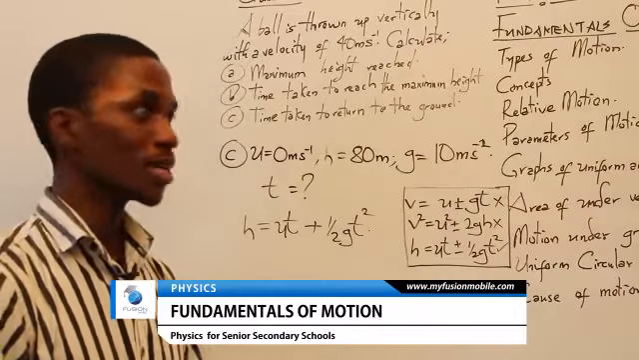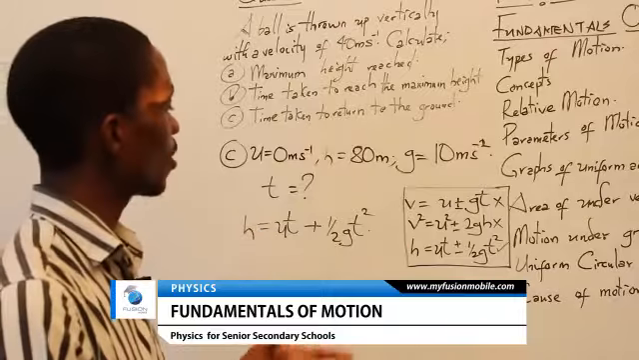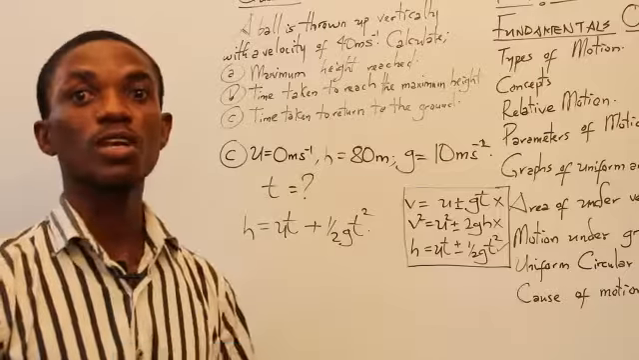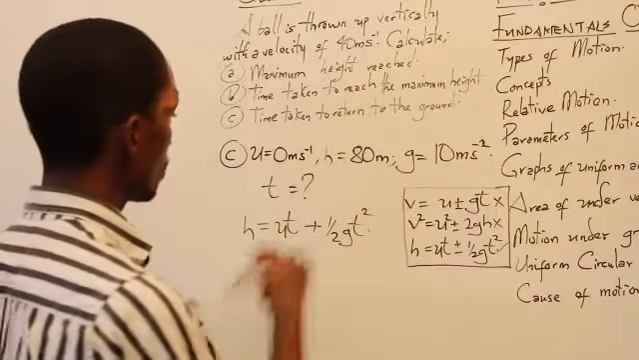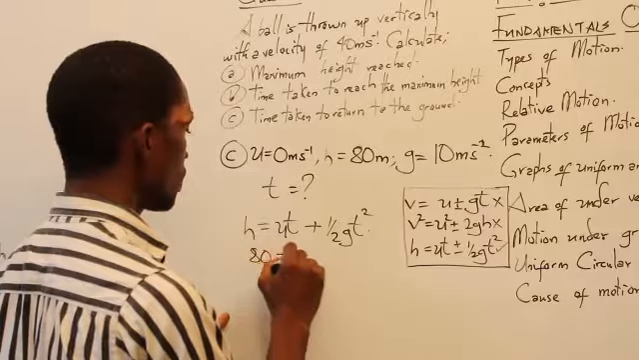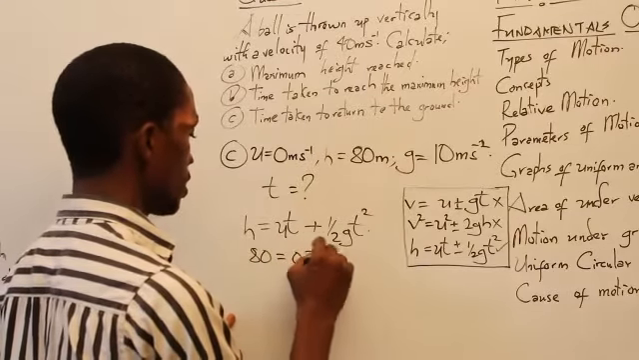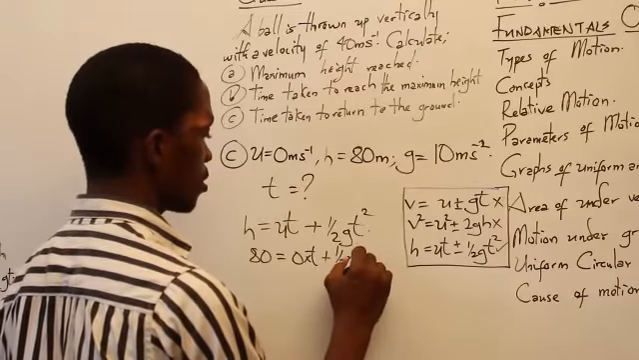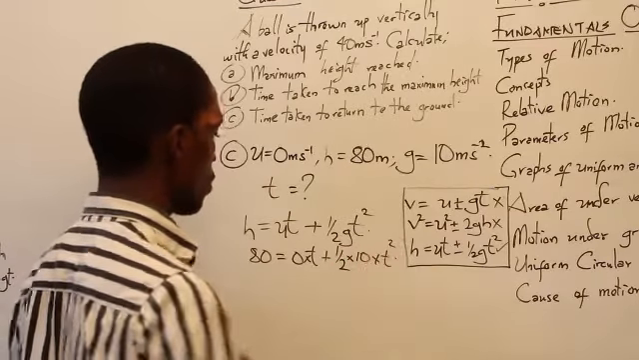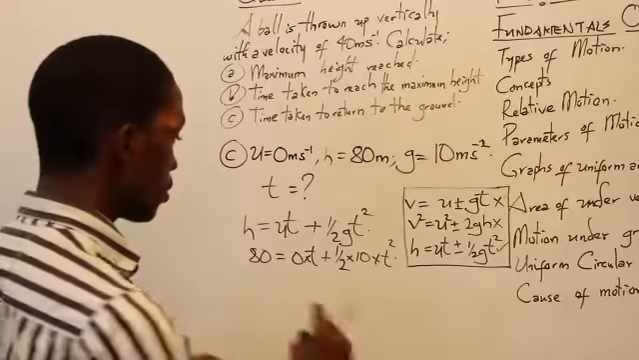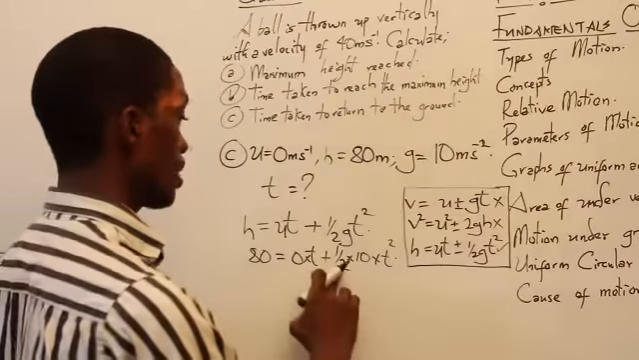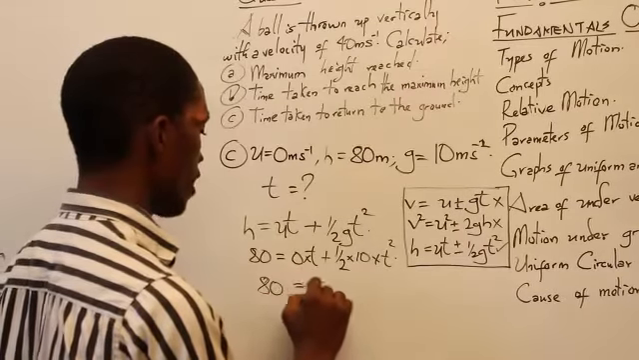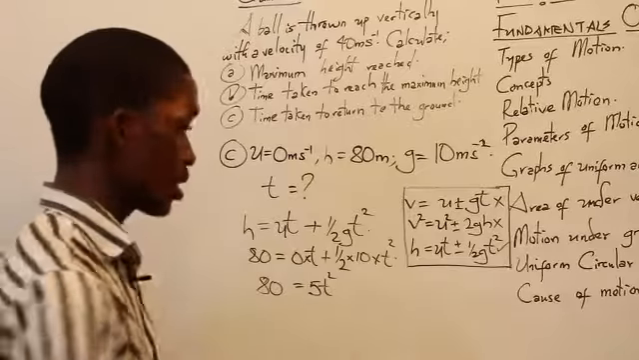Of course, we can do a little trick trying to bring together what should be in front and what should not be in front, but don't worry your head about that too much. Just substitute your values and let's work it out. So substituting values, our h is 80, our u is 0 multiplied by t, that will definitely give us 0, plus half times 10 times t squared. By default, 0 times t gives us 0, and half of 10 is 5, so we have 80 equals 5t squared. You can divide through by 5,